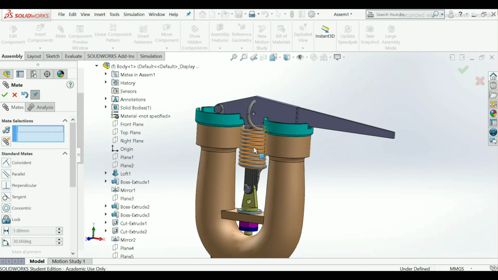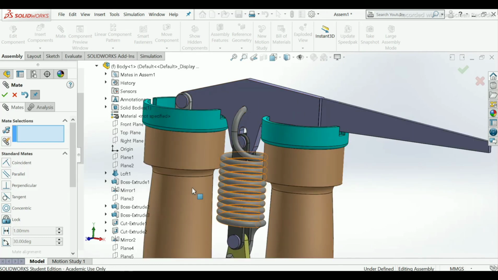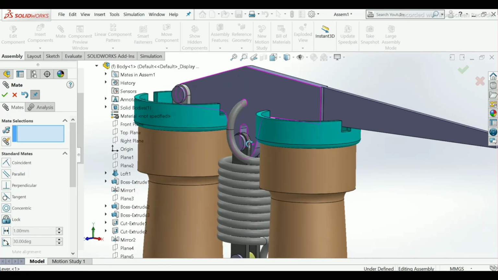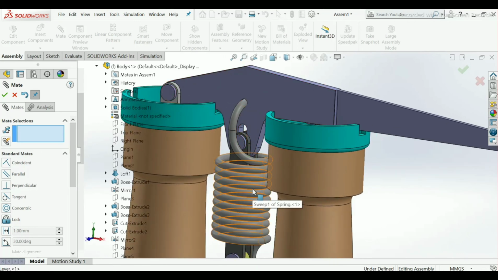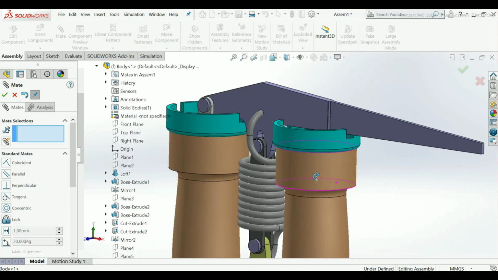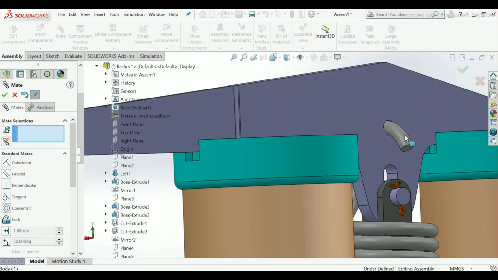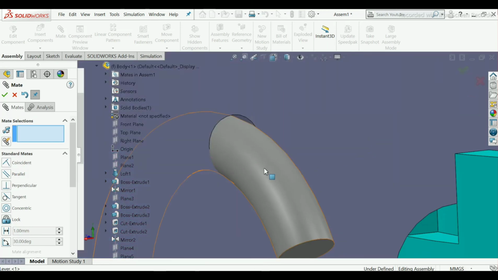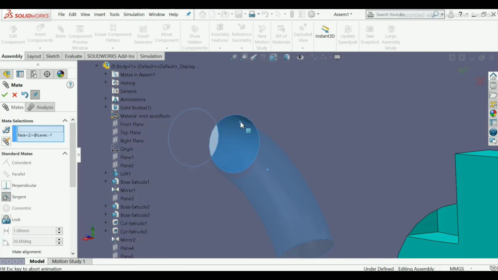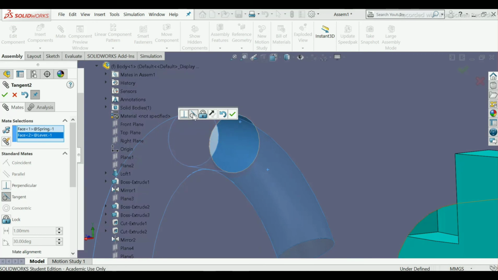Okay. It will be in an underdefined condition. To fix this properly, select this face and this, make it tangent, click OK.